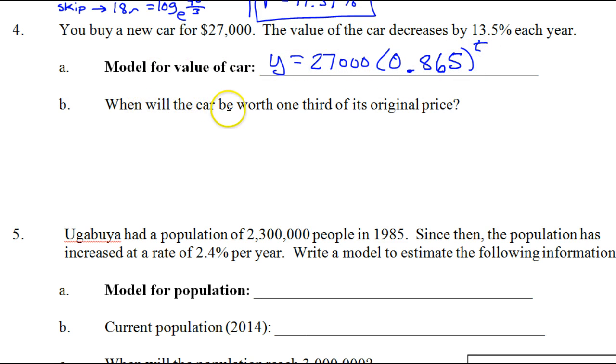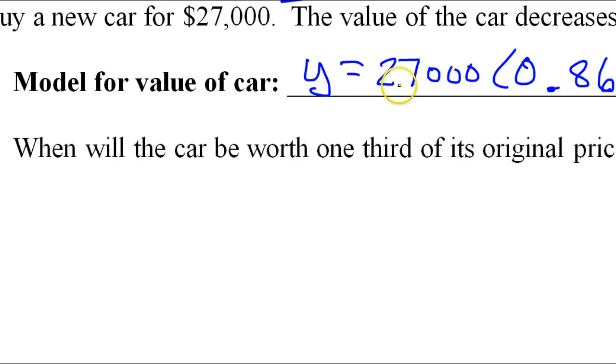Now, when will the car be worth 1/3 of its original price? Okay, well, its original price is $27,000. So 1/3 of that, 27 divided by 3 is 9. So it will be $9,000 when it is 1/3 of its original price. So we are asking, when will the value drop to $9,000? So